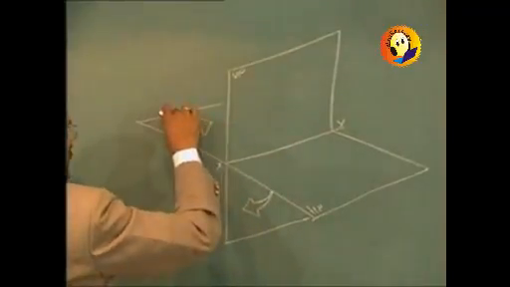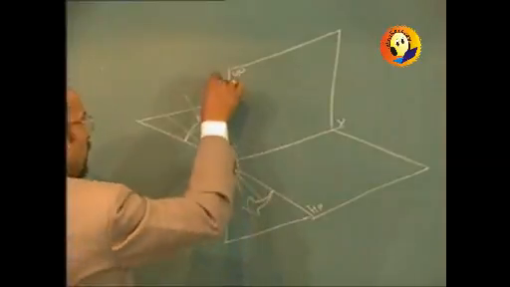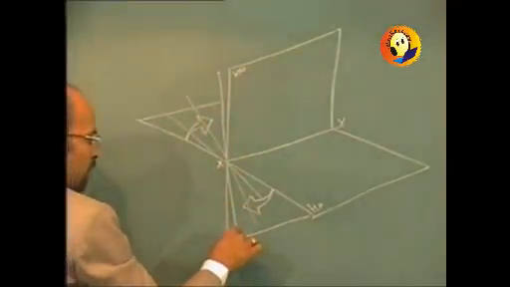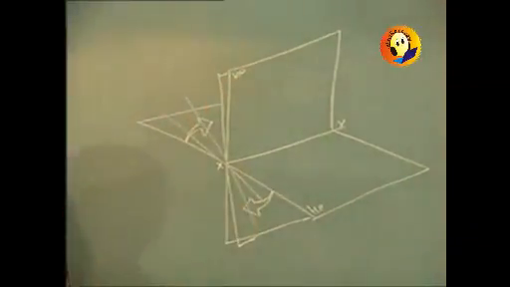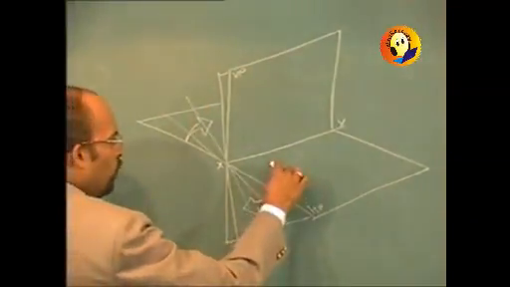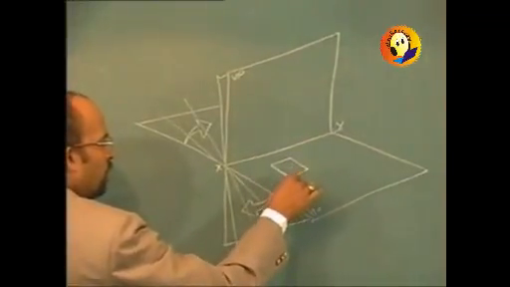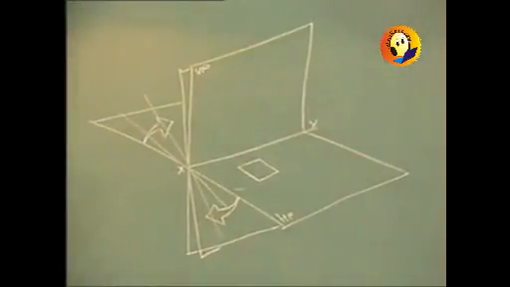And if you just see the intermediate positions of this horizontal plane, it will get rotated, and at one time it is going to get coincided with the vertical plane. This could be the position. And so any view that is obtained over here on the horizontal plane will be shifted below XY. So if I just draw a figure like this,